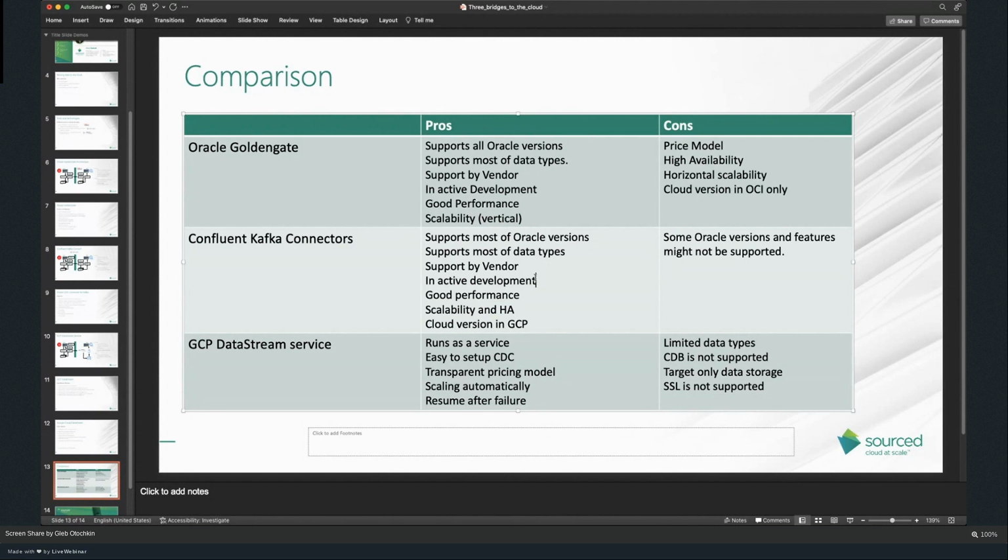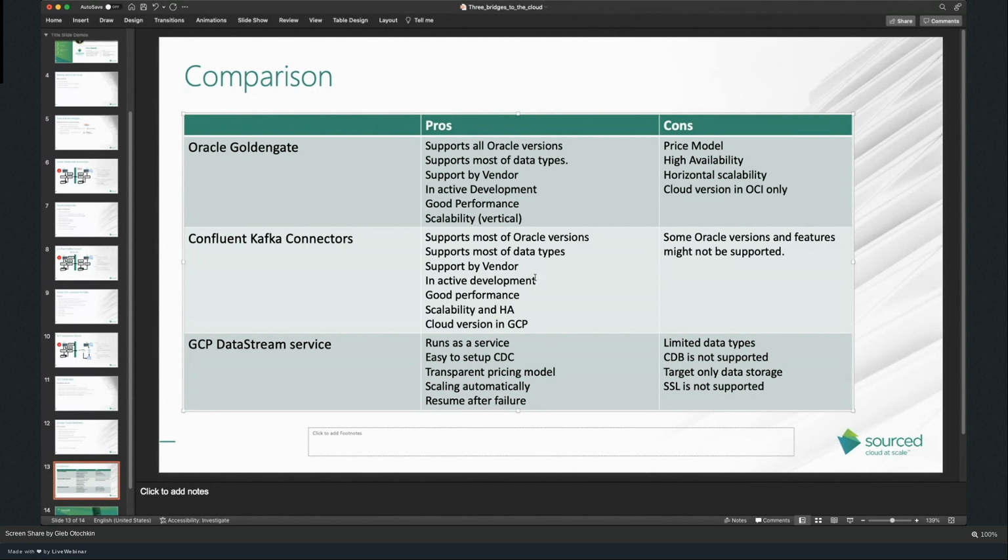The GCP Datastream service is probably good, but only in limited cases. The first main blow is that it doesn't support container architecture, which is probably the main architecture in Oracle database right now. Everybody is moving to pluggable databases.